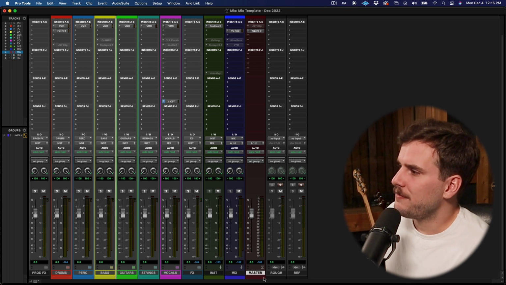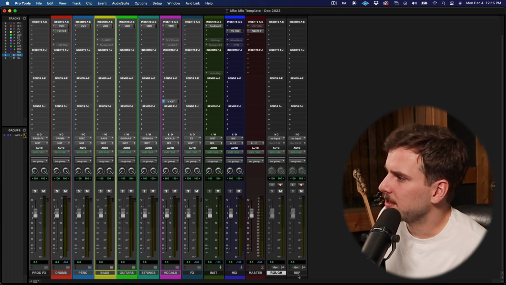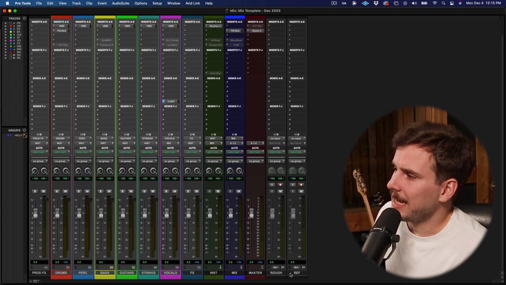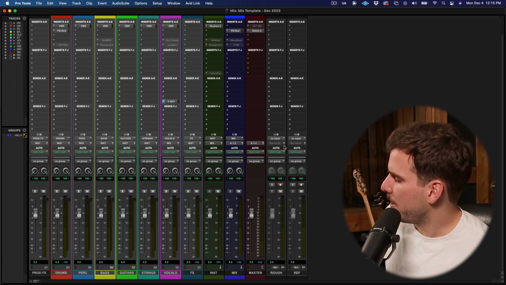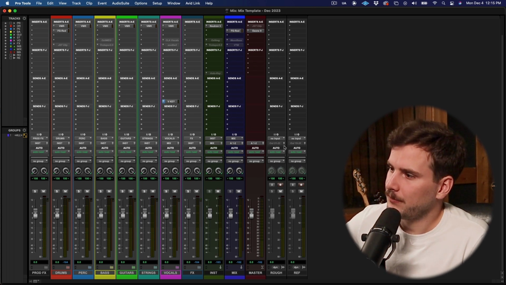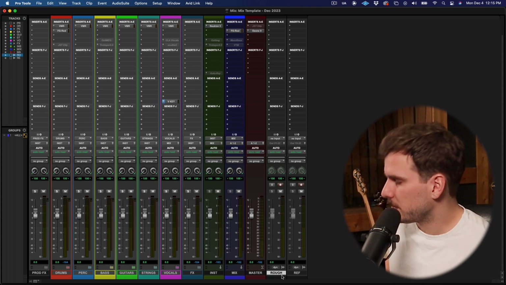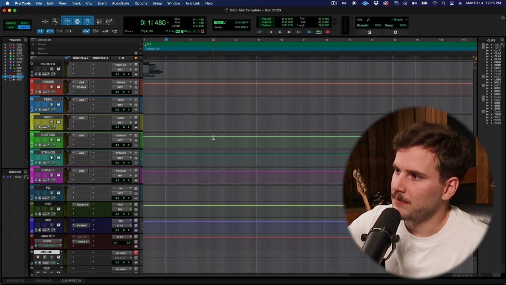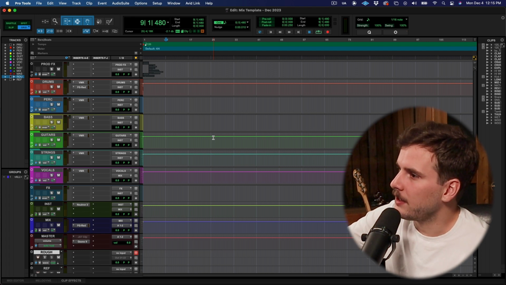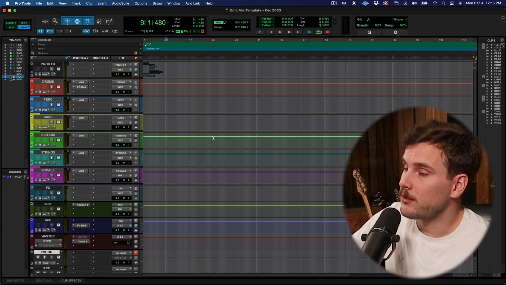So to the right of the master bus, we have the rough mix and the reference mix. The reason why I have tracks for these is because they are routed in a way in which I can just click a button over here and listen to that mix in real time. So I can be working on the chorus of a track, and then I can press one button and the rough mix will be lined up. It'll be the same volume, and I'll be able to hear what's going on in the rough mix